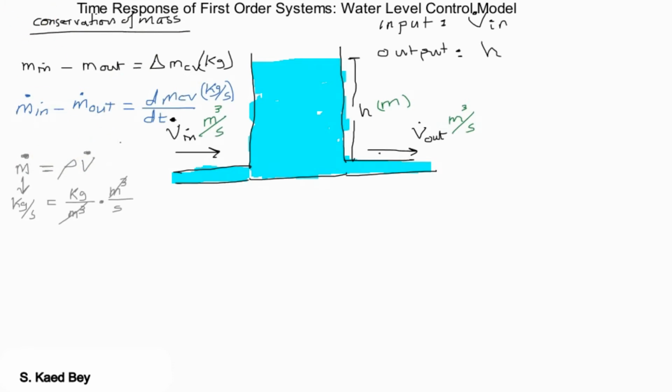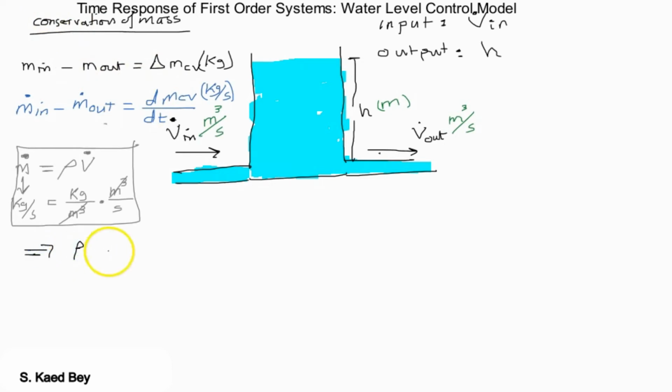So the conservation of mass really tells us that if the inlet mass is equal to the outlet mass, then the net change of the control volume or the tank mass is equal to 0. And in this case, if there's no change in the mass within the tank, then h will be the same. The conservation of mass relation can be simplified even further when the fluid is incompressible, which is usually the case for liquids. So if we substitute the mass rate relation with the volumetric flow rate in the conservation of mass law, we get